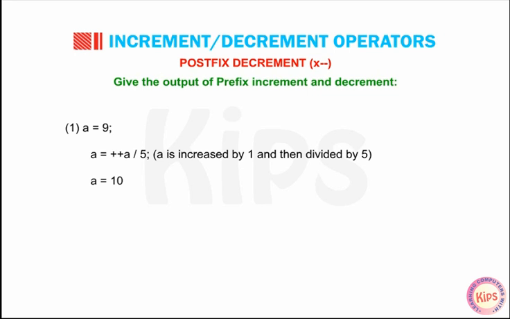A = 10 / 5; A = 2; Hence the final value of A is 2. Number 2. A = 9;